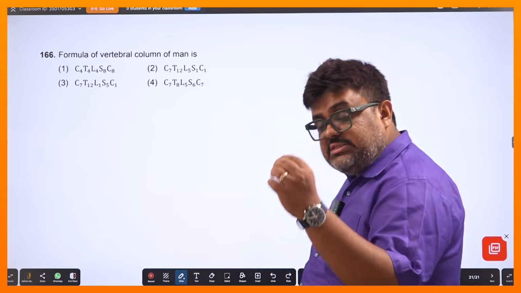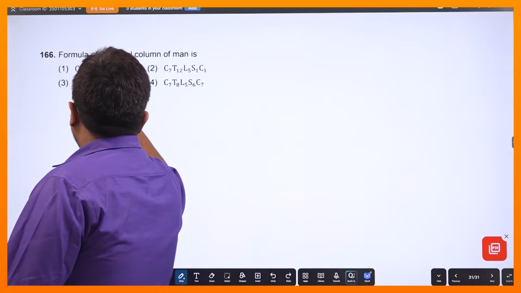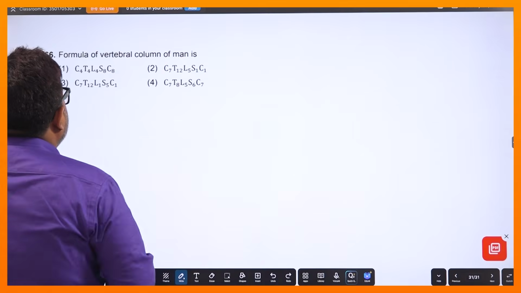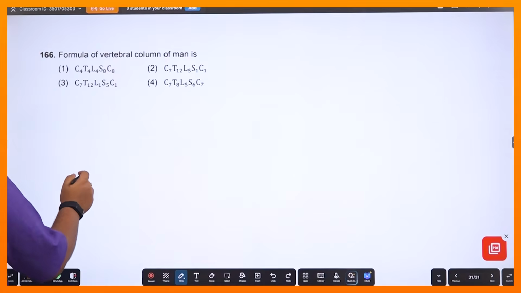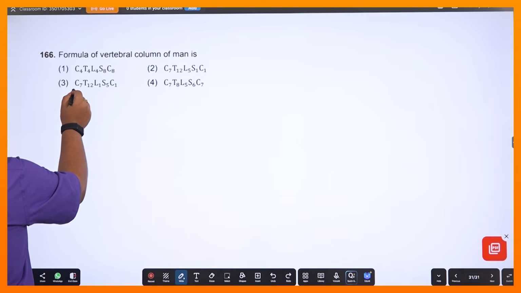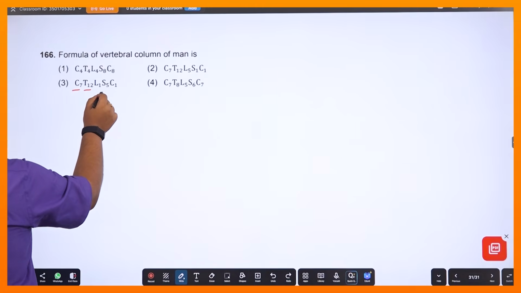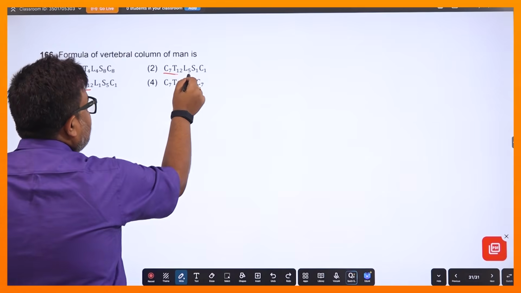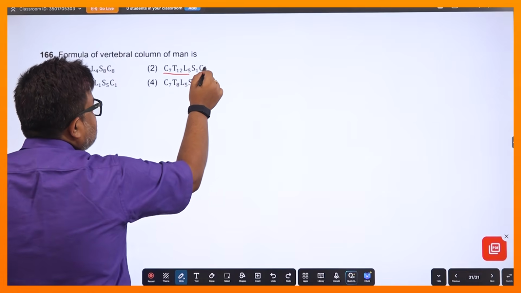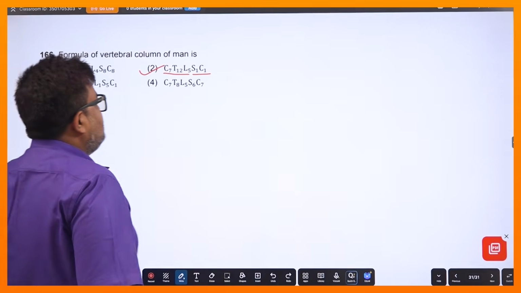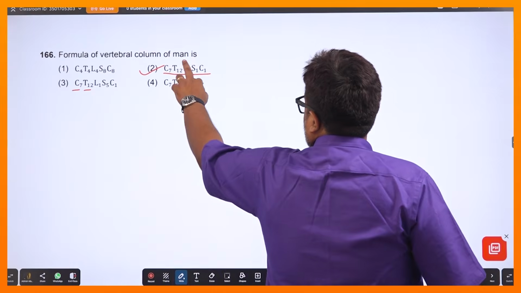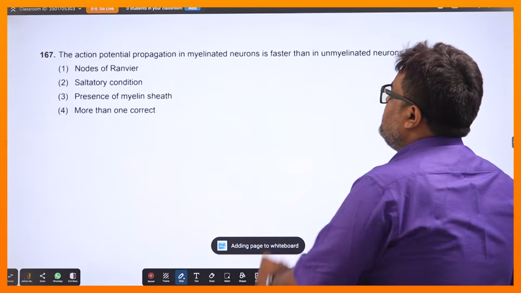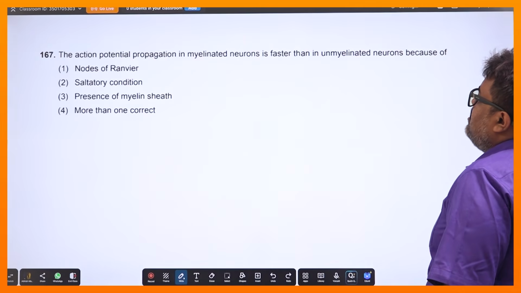is useless, সেটা আমরা জানি, করব এগোবো। ফর্মুলা অফ ভার্টিব্রাল কলাম অফ ম্যান ইজ, তাহলে ম্যানের ভার্টিব্রাল কলামে যদি ফর্মুলাতে যদি আমি জানি সার্ভাইকাল ভার্টিব্রা 7 থাকে, থোরাসিক 12 থাকে, ঠিক আছে। কিন্তু আমার লাম্বার 5 থাকে, স্যাক্রাম আর কক্সিক্সটা ফিউজ থাকে বলে একটা একটা করে থাকে, তাই না? 26 খানা ভার্টিব্রা, 12 7 19 5 24 to 26, ঠিক আছে।